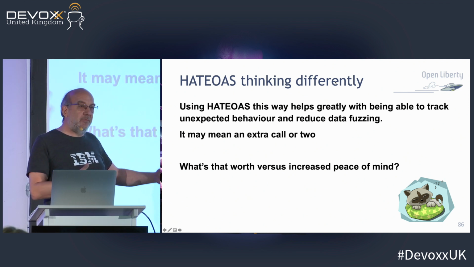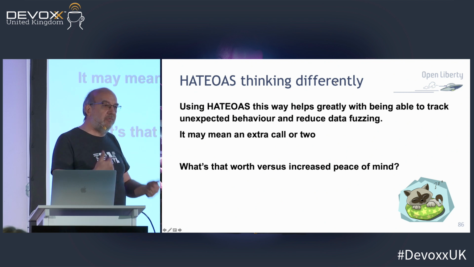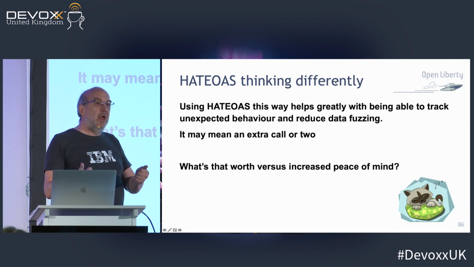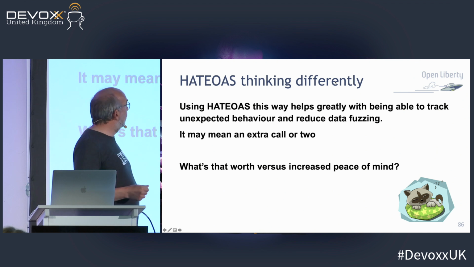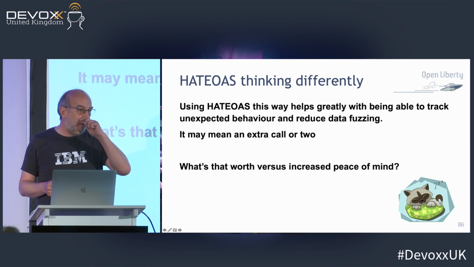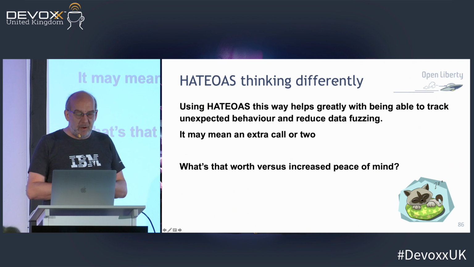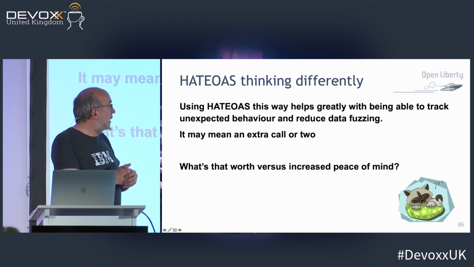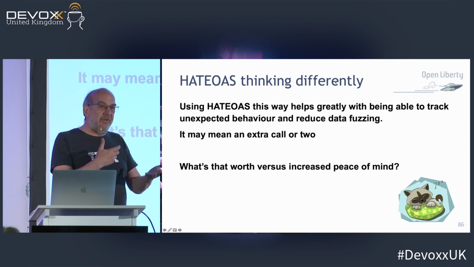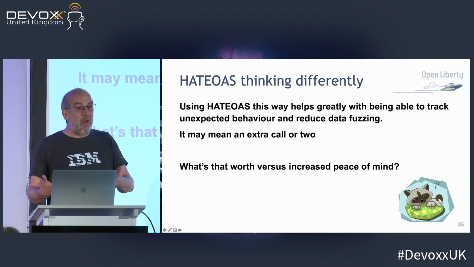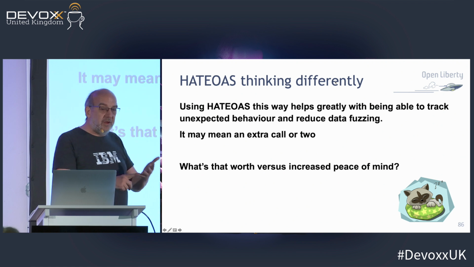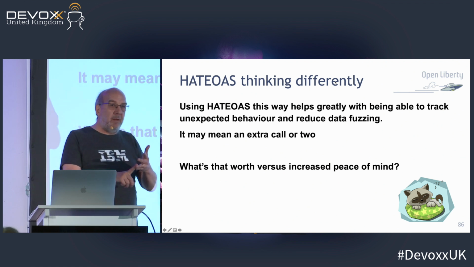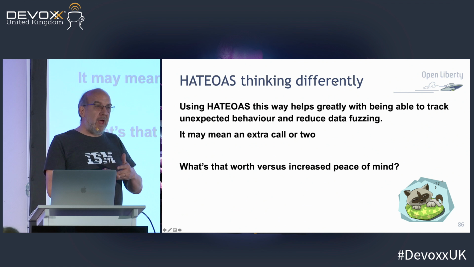But this is what HATEOAS as a principle is giving you, this state transition mechanism of going from one place to the other without tying your REST endpoints to any particular service, any particular thread or anything, or any particular app server. It's still stateless, but it's got unreadable tracking information that you can use to track what that person is doing and identify bad behavior. That's what we wanted. So it's not fuzzable, you can see what bad behavior is going on, and you can control the actions of the end user.